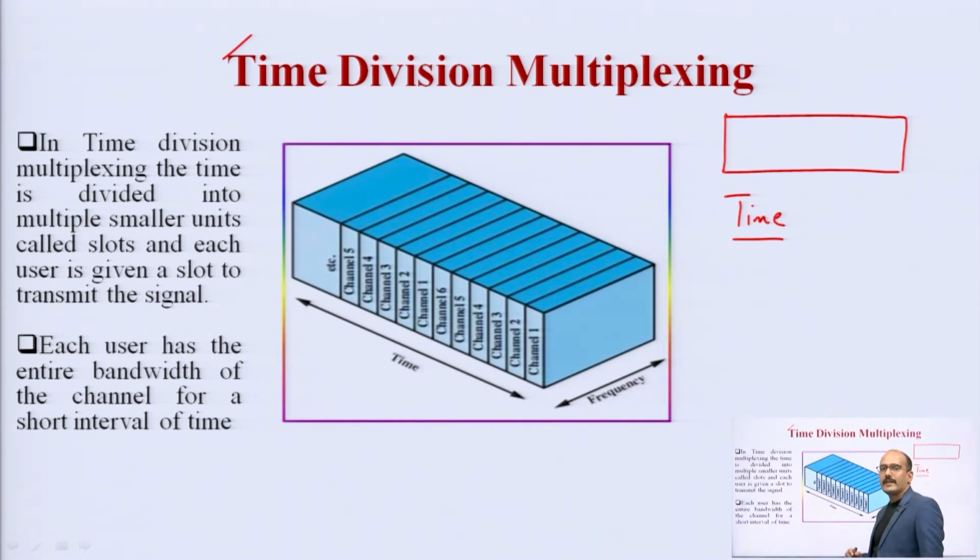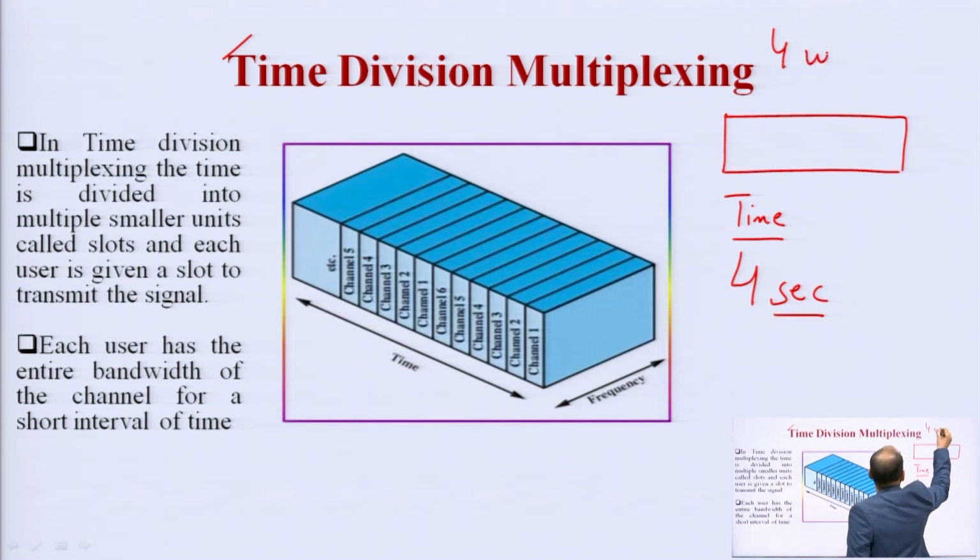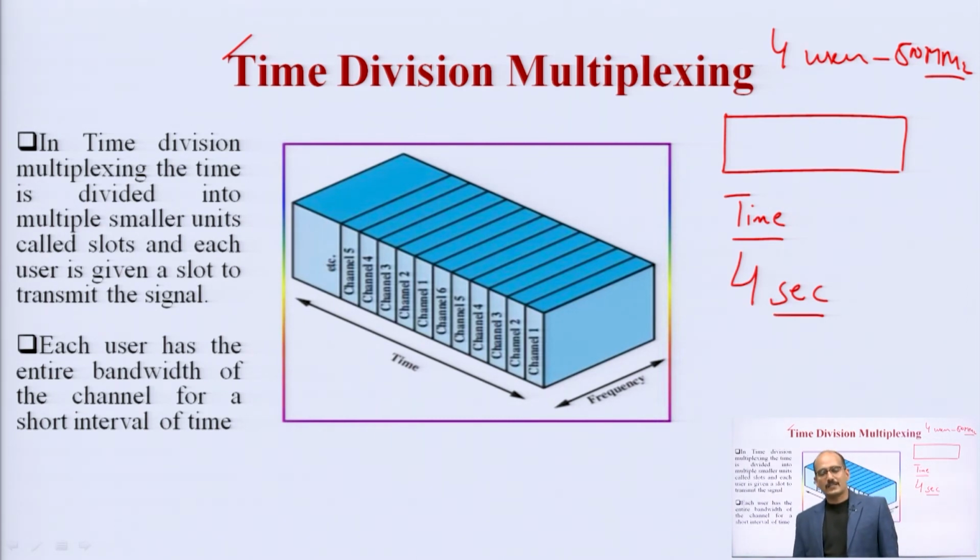Let us take a time slot of 4 seconds. It means we have 4 users on a 500 or 600 megahertz channel for the transmission, and that 500 megahertz channel is going to be utilized by the 4 users